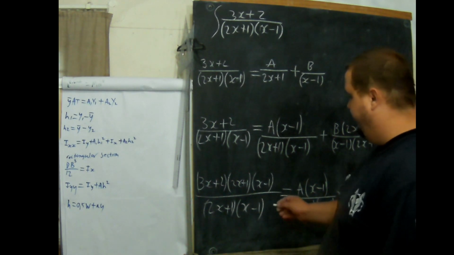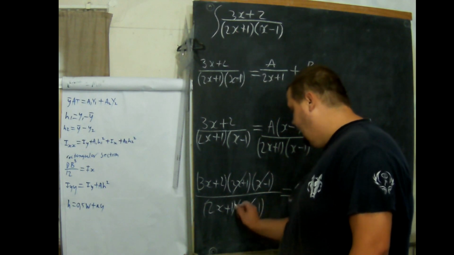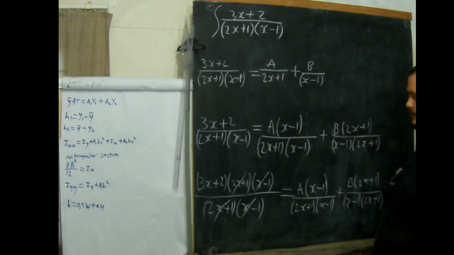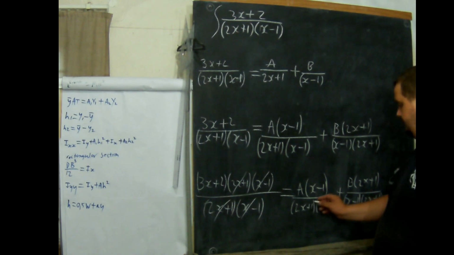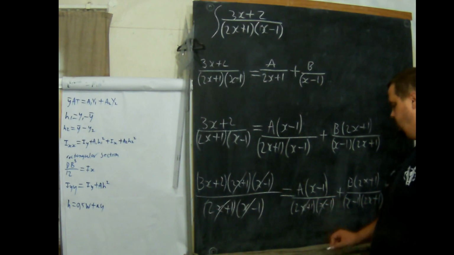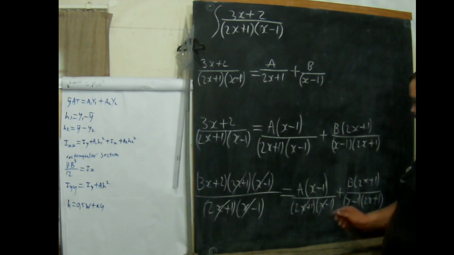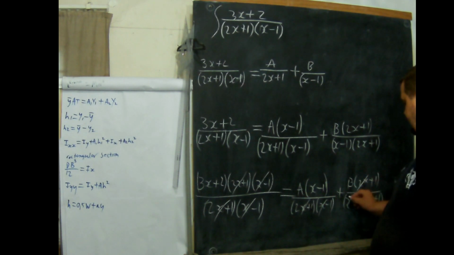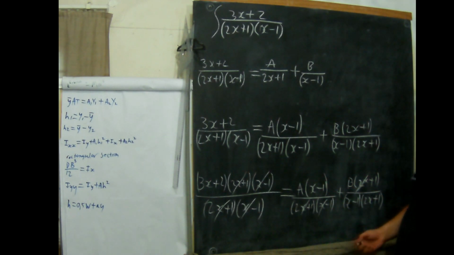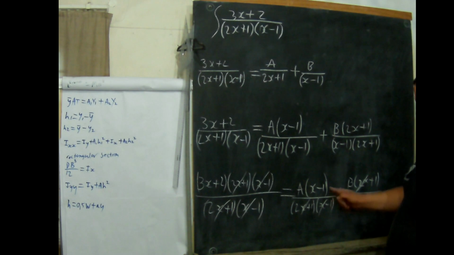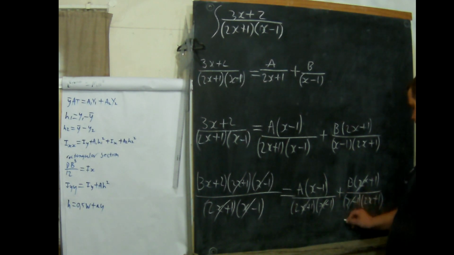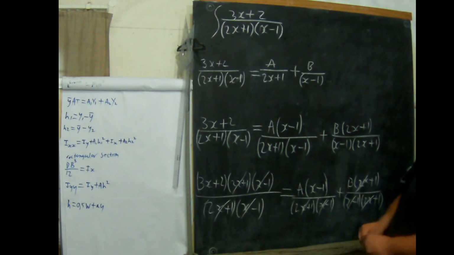That cancels and that cancels, so the whole base cancels. Sorry, that one doesn't cancel. You multiply it up and it comes there, and you multiply that up and it comes there. How it normally works is that what this doesn't have, you multiply by. So that cancels, and that cancels, and that cancels. So now what we are left with